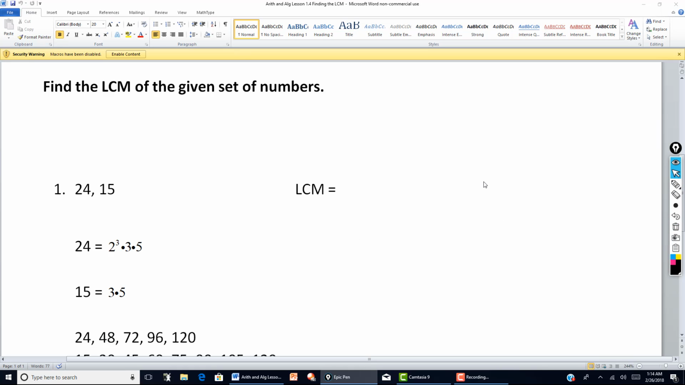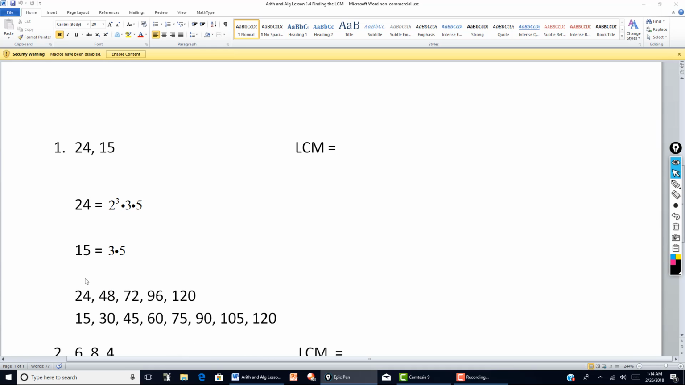and simply write out all the multiples of 24. So write down 24 and then add 24 to that, we get 48, add 24 to that, we get 72, add 24 to that, we get 96, add 24 to that, we get 120. And then the same thing with the 15. Keep adding 15, and we want, as soon as we get